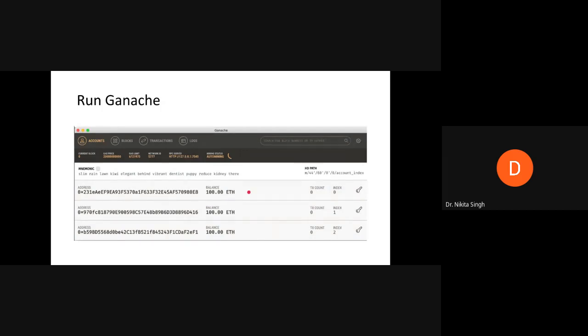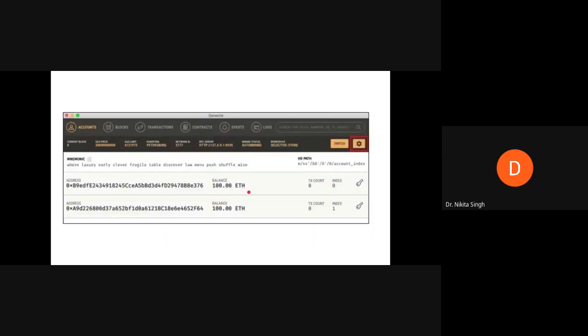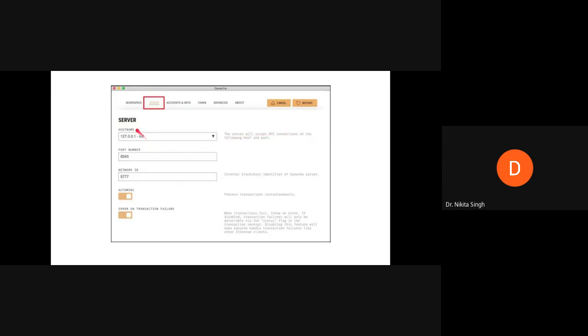Now you have a settings page over here. You can use this to set the values of the server address and the port number of your Ganache server. If you click on this, it will allow you to set the host name, the port number, and the network ID.